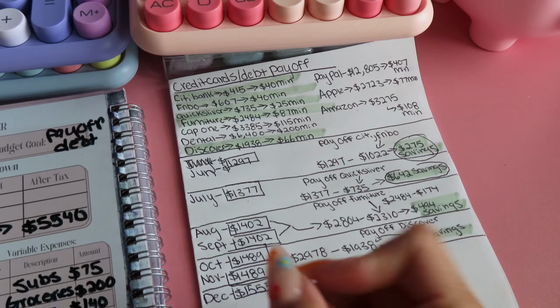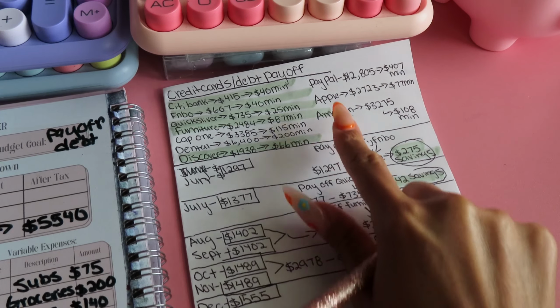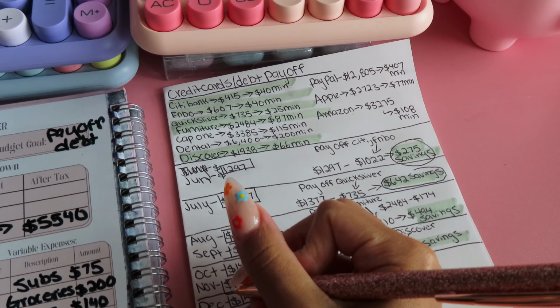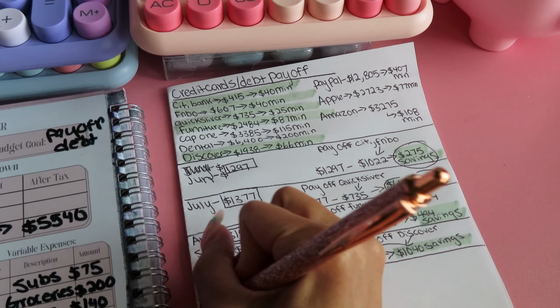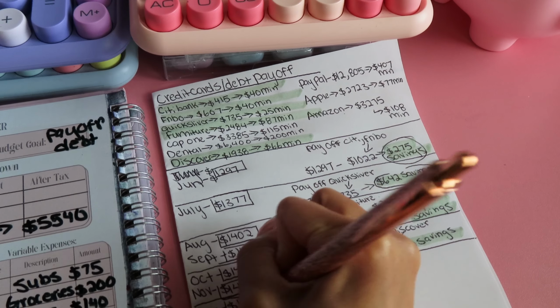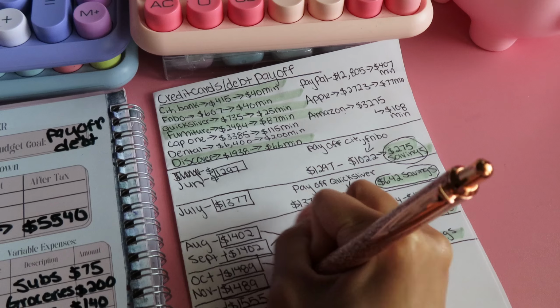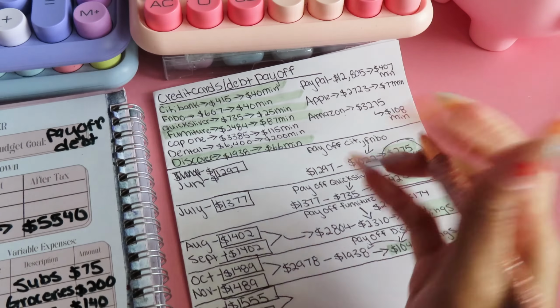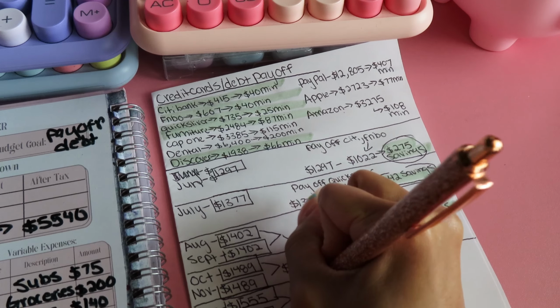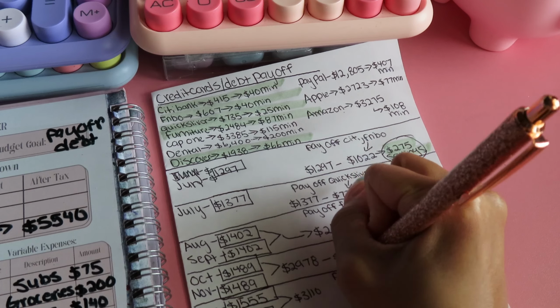Guys, now that we made it to December, our cash surplus is $15.55. We're gonna go ahead and work on paying the Apple credit card. We don't have enough to pay that off with just 1 month of our cash surplus, so we're gonna go ahead and combine our cash surplus for 2 months here. So $15.55 times 2 is going to give us $31.10, and then we're gonna go ahead and pay off Apple,